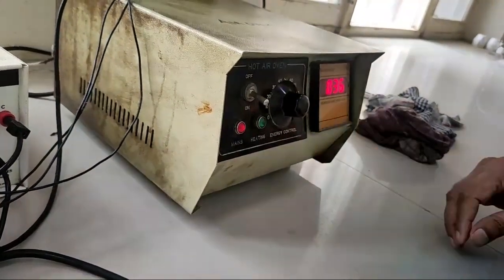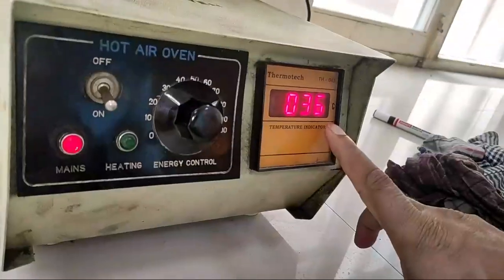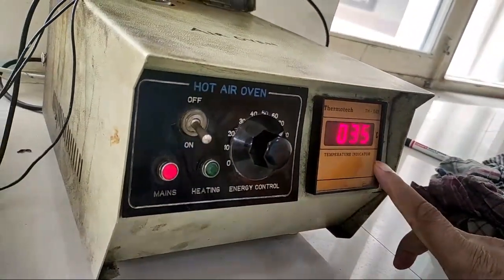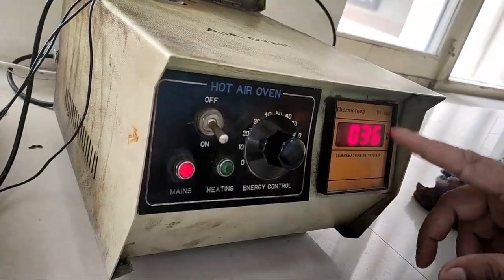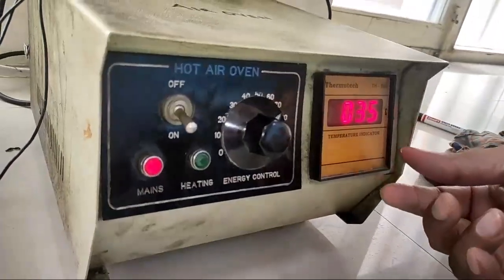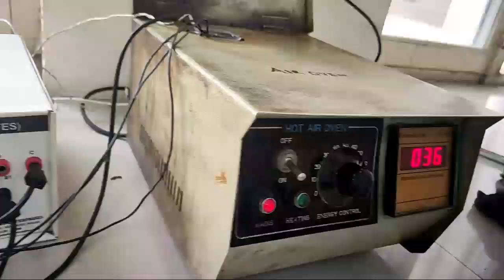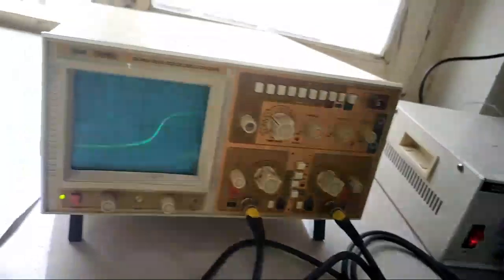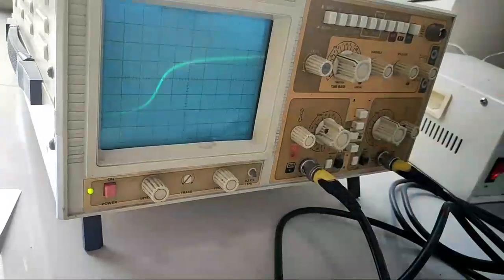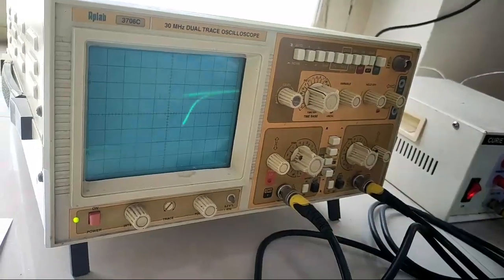Okay. So you can see that this is the temperature. Temperature right now is 36 degrees centigrade, and we started heating it. Okay. Don't worry about this decrease in temperature because it will fluctuate. 35, 36, 35, 36 in the beginning, and slowly it will increase here. Now you will find that this is the BH loop. Okay. Now we have to monitor it continuously.